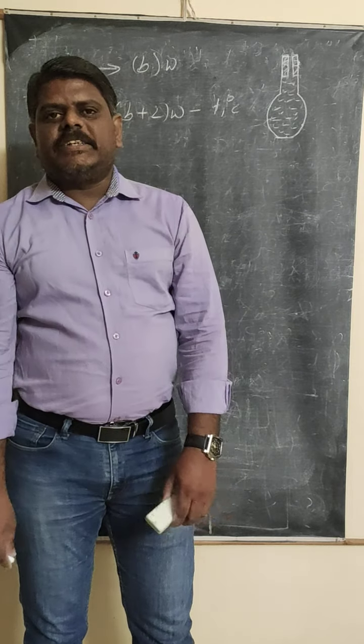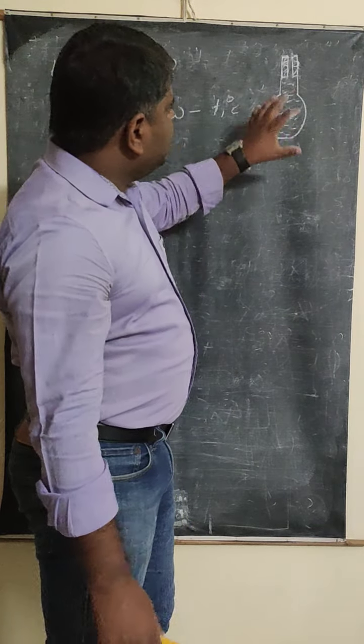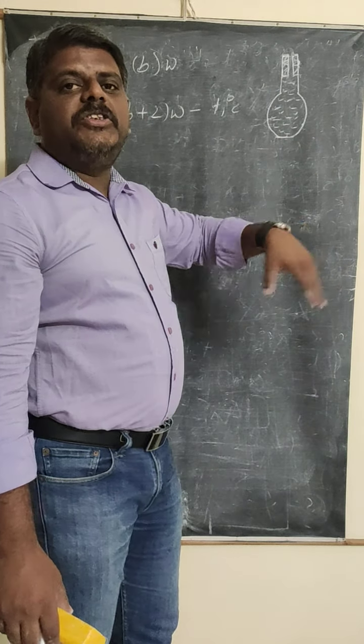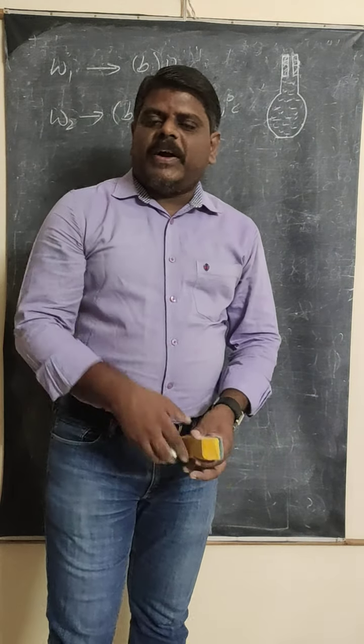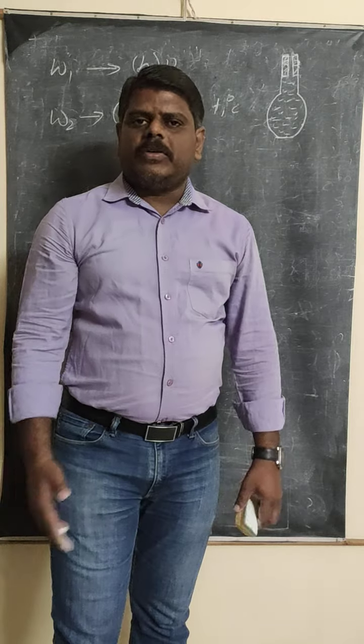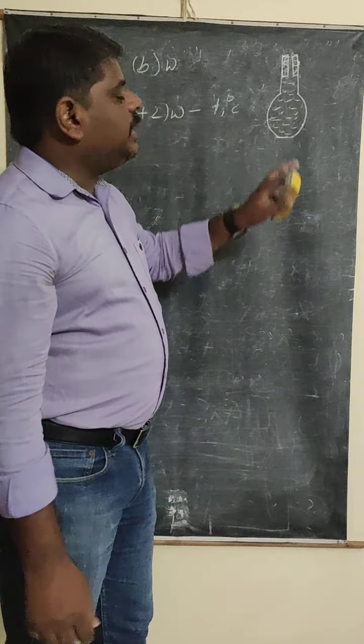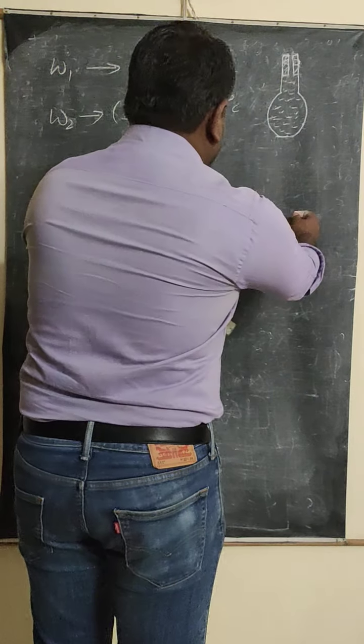Next we go to the third step. In the third step, you are going to heat this specific gravity bottle in a water bath. That means you are going to increase the temperature, because to find out the coefficient of apparent expansion, we have to give heat energy to that liquid. So to heat it, we are going to use a water bath, and the arrangement will be like this.